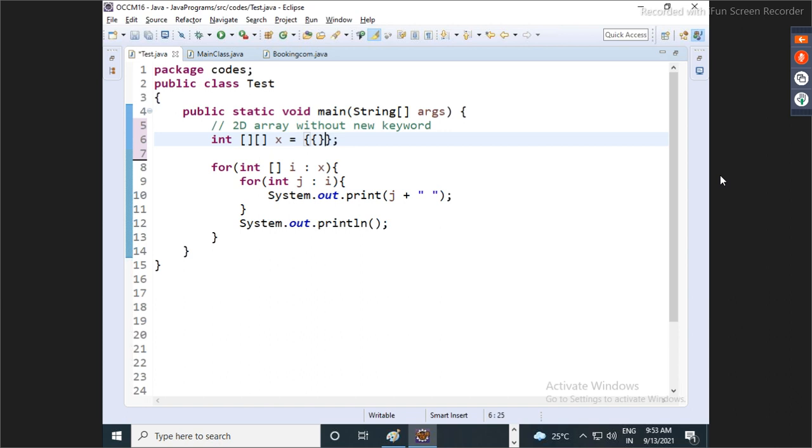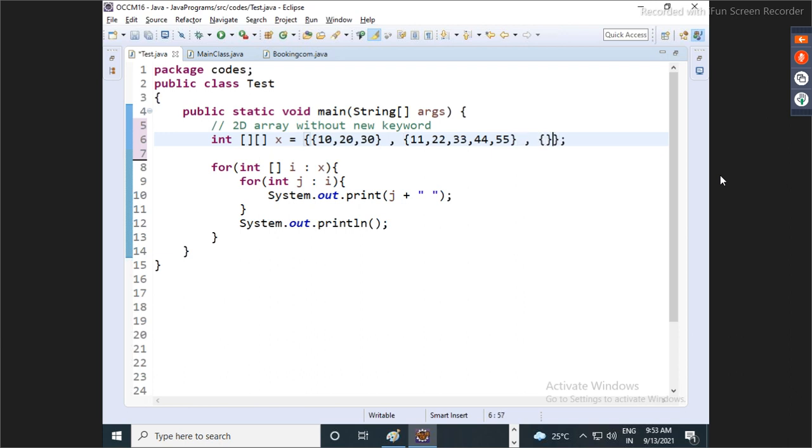This is a two-dimensional array. So let's say my first array is 10, 20, 30. Then I have one more: 11, 22, 33, 44, 55.